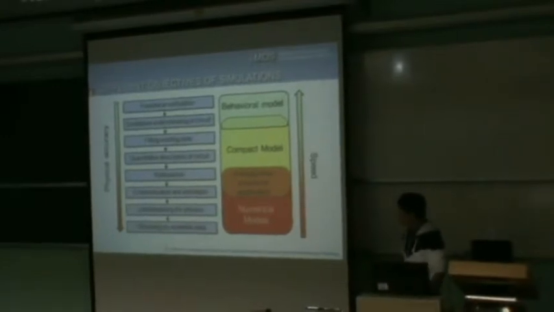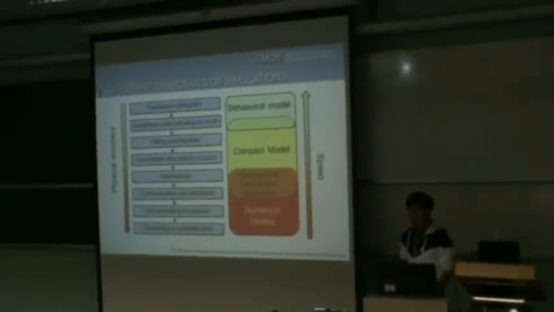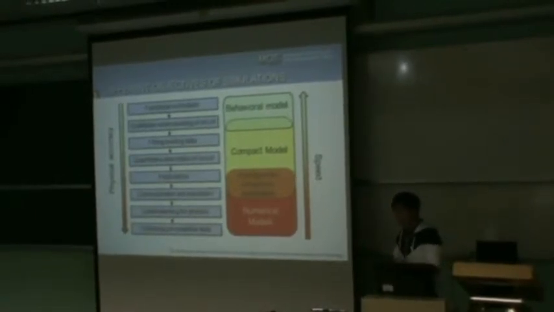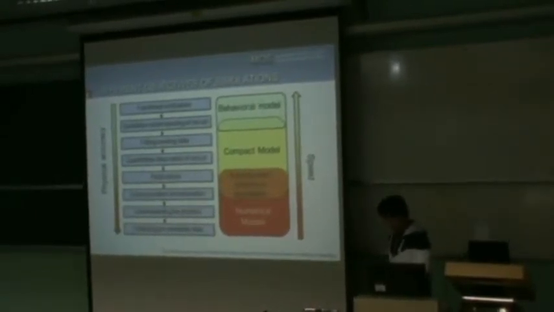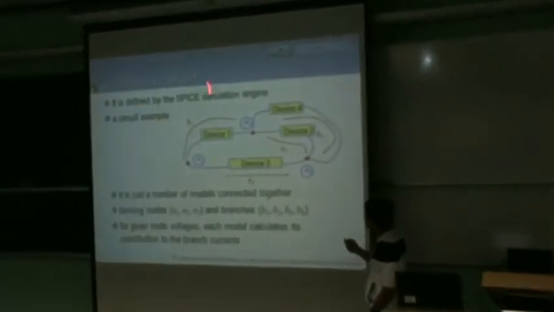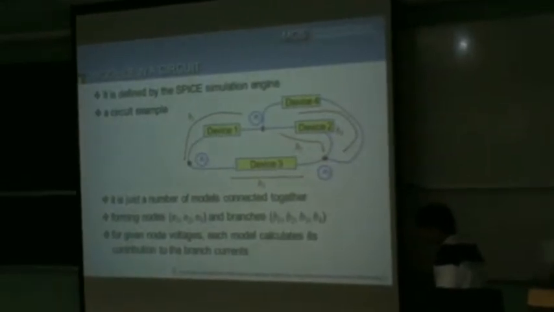Now, I think a lot of you have heard about how to look at models from the physics perspective. I want to give a different perspective, to look at it under a platform. What it means is, if you want to use a model, it has to be used in some platform, and the current platform is defined by SPICE. So let's look at when a model is used in a circuit. What should the model do?